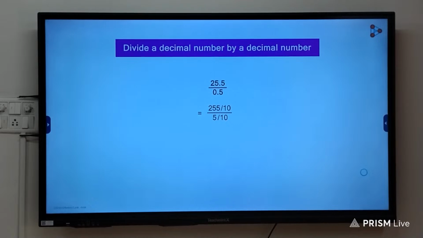Again, we know that dividing a number by a fraction is the same as multiplying the number with the reciprocal of the fraction. So instead of dividing 255 by 10 by 5 by 10, we simply multiply its reciprocal with 10 by 5. On cancelling 10 from the numerator and the denominator of the fractions, we get 255 by 5, which on dividing gives us 51. Hence, 25.5 divided by